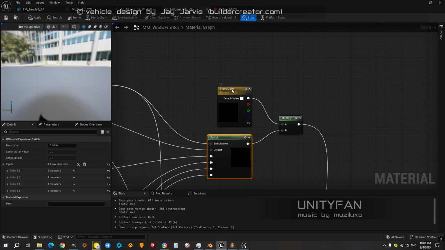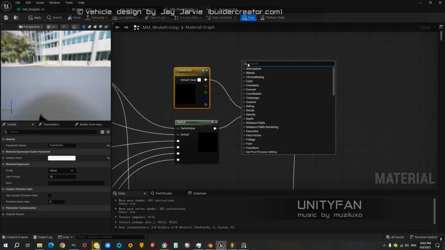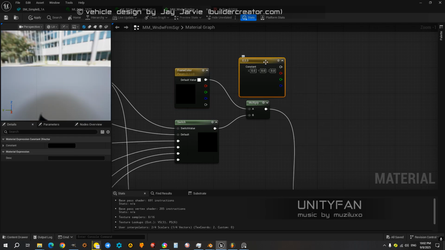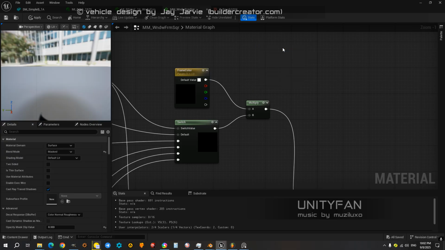And base color also has just a 3-vector constant, just to be able to change the color of the frame.